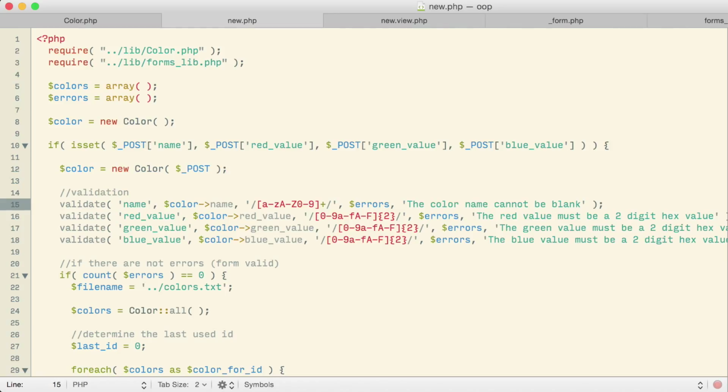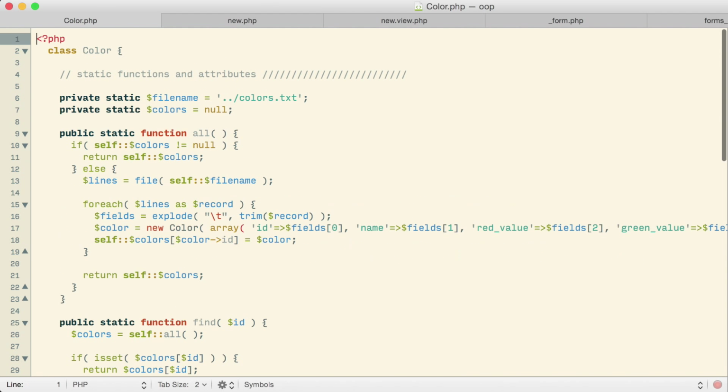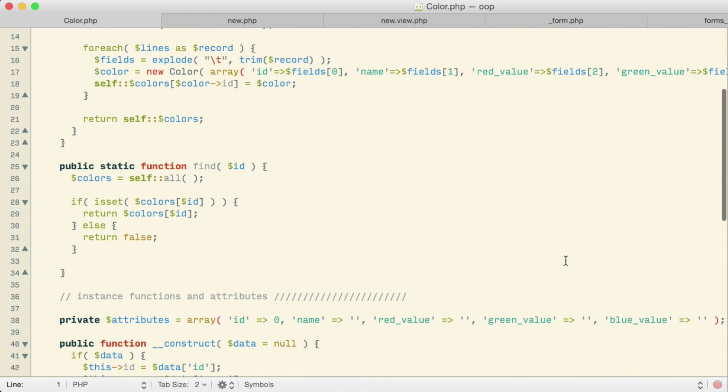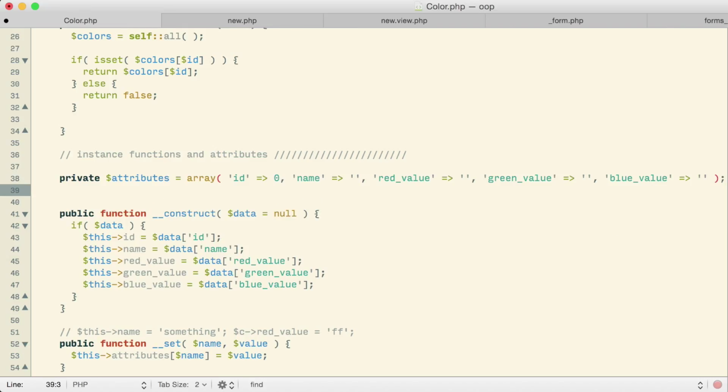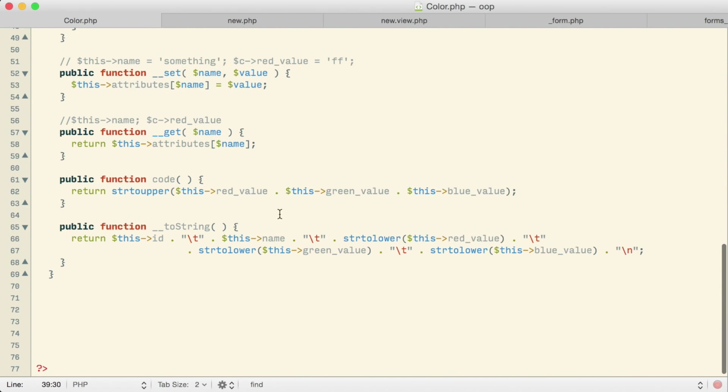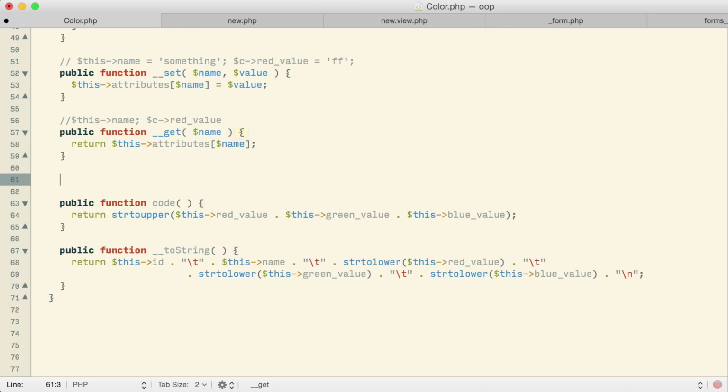I think maybe what I would like to do is, in the color class, add a validate function that I could call, and then I could decide at what point I actually want validation to take place. To actually do that, let me go ahead here and say that every color object that's created will have an errors array. I'll start it off as blank. Let me also then say that every color object will have a validate function that can be called.